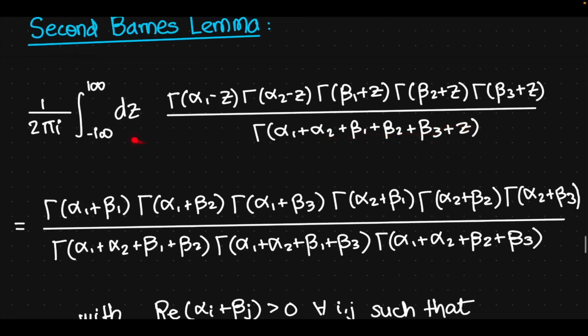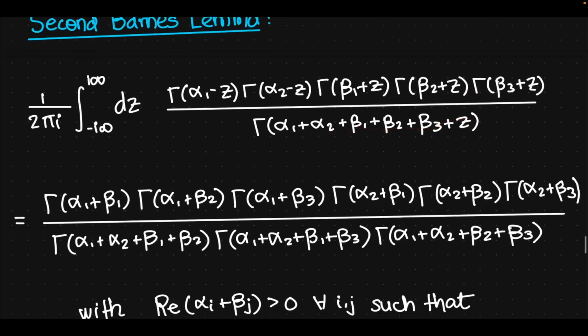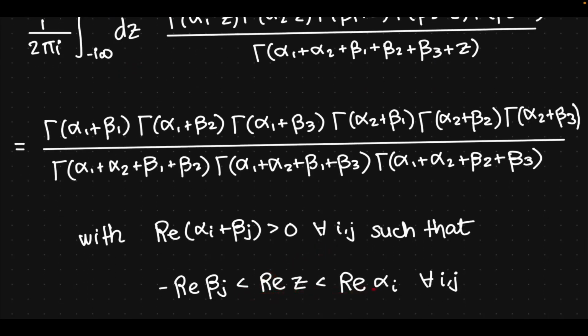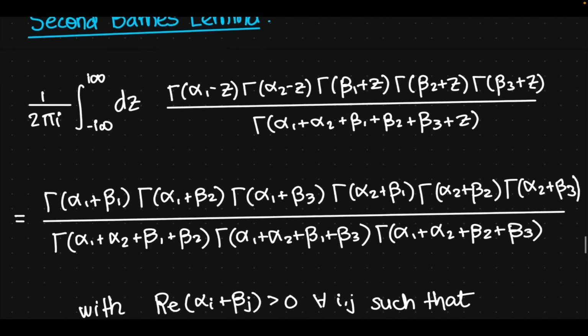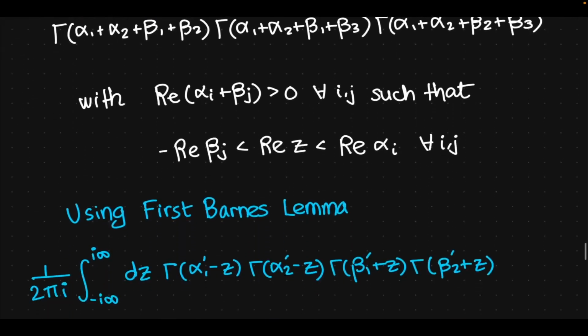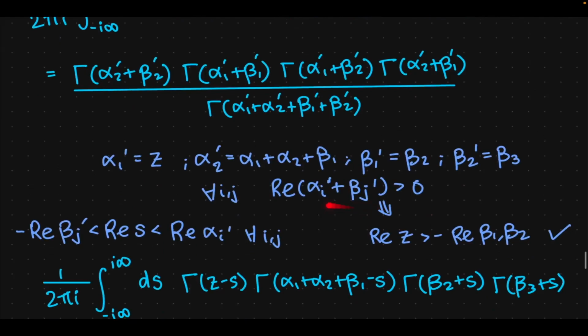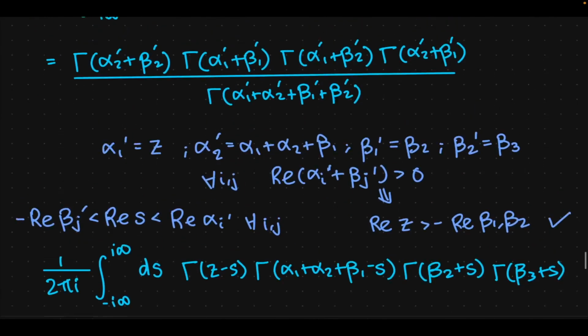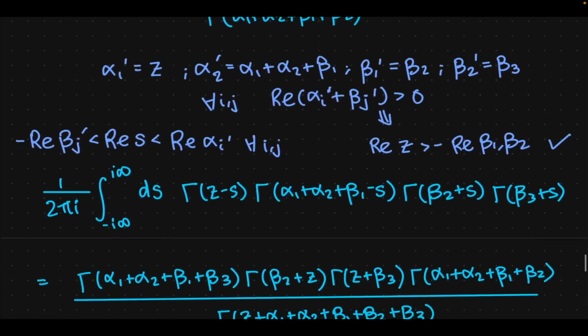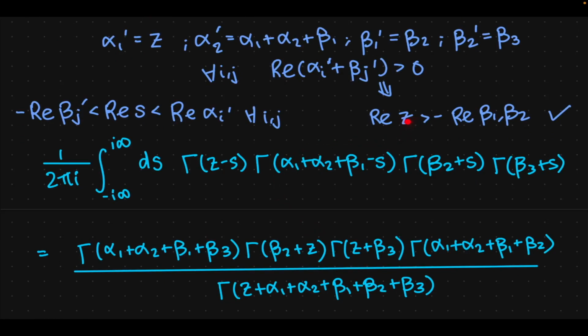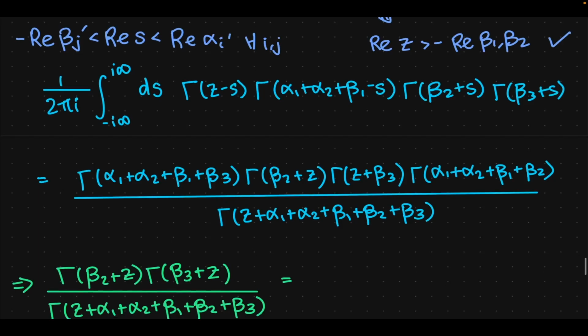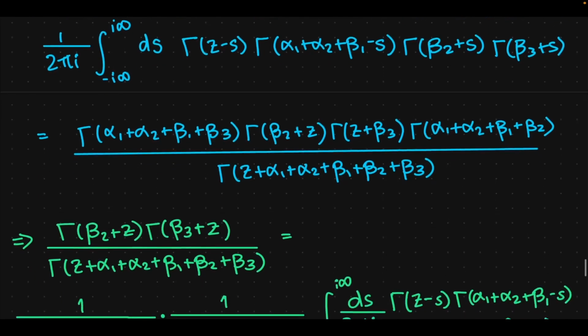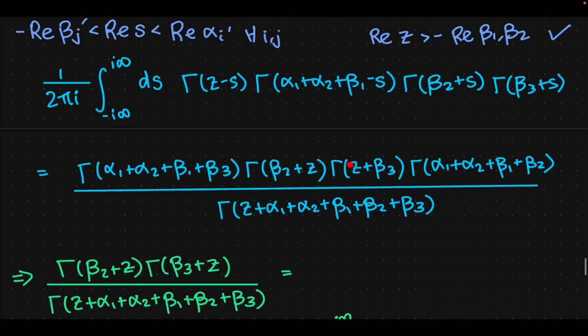So what's happening is there's an integral in z outside, given this condition that should hold. And then we're introducing an s integral inside by this substitution that we had here with the primes going on. That's because of Barnes' first lemma, and all of that holds because the real part of z is basically satisfying the initial assumption that we have. So using this, we can write